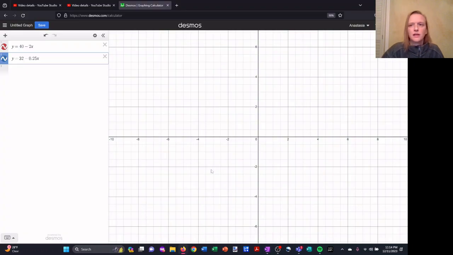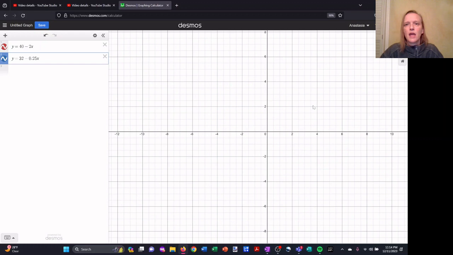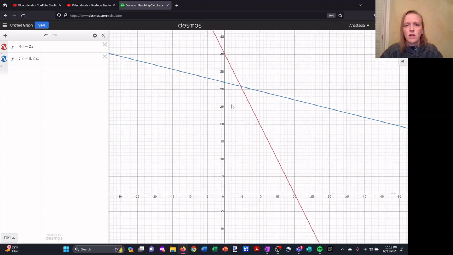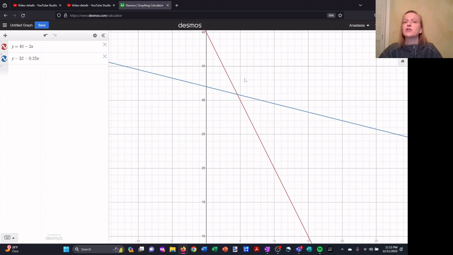Well, as you can see, I have the wrong computer. I don't have my TI-84 emulator on this computer. So I'm using Desmos to try graphing these two lines. And right now I'm zoomed in too far to see the intersection. And this would happen on your graphing calculator as well. You would need to judge the correct location to zoom in to actually see the intersection. And because the y-intercepts are 40 and 32, those are the values that I would use to set the graphing calculator window. Go from 0 to 40 on the x-axis, 0 to 40 on the y-axis, to see if I can see the intersection. And then you would use the trace button to zoom in